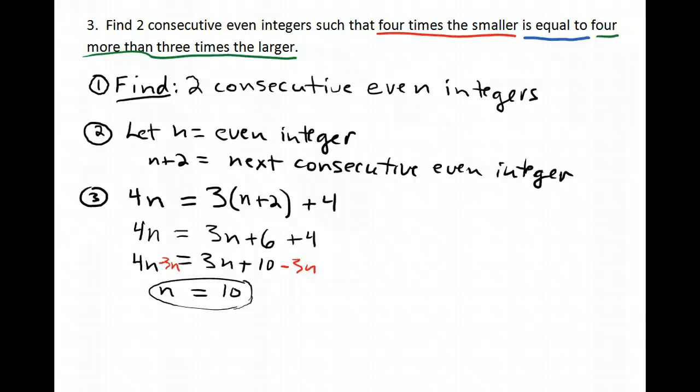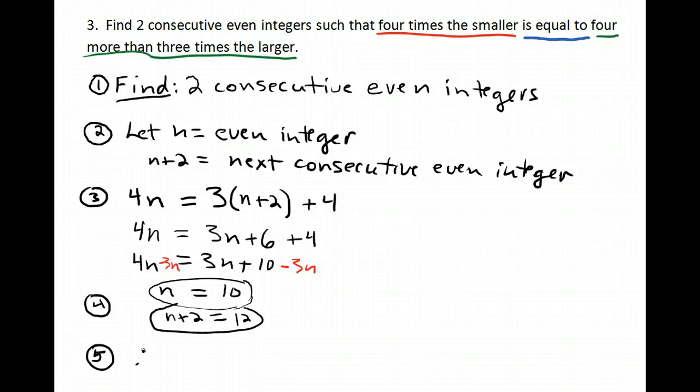Okay, I've solved my equation and I get n equals 10. Now, besides just n, I also need n plus 2. So n plus 2 would be 10 plus 2, which is 12. So those two together make up my step 4, and my step 5 would be to write my conclusion. Therefore, the integers are 10